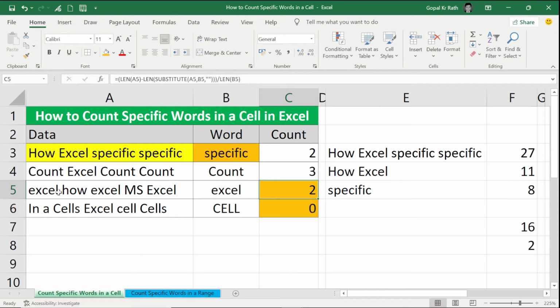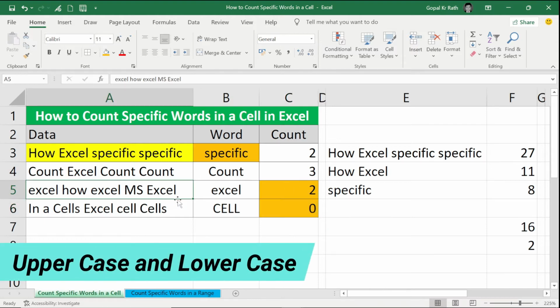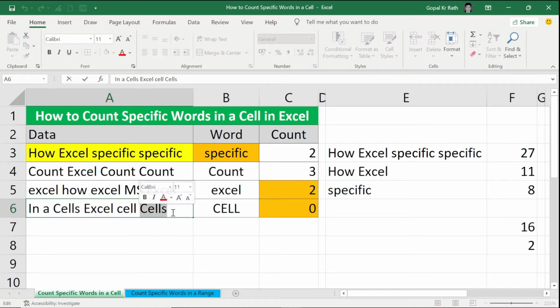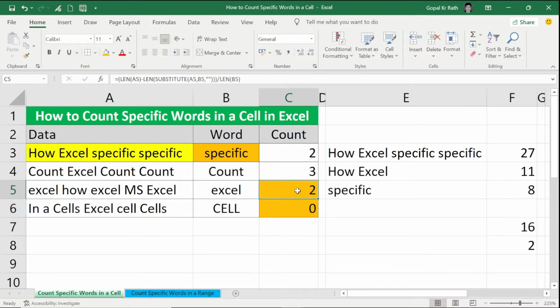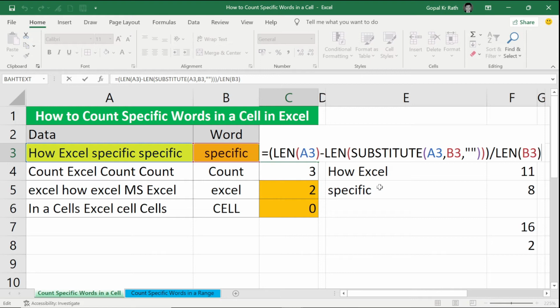So here you can find you have uppercase, lowercase, as well as some additional text. The additional text is fine, it will still catch. But in case you have uppercase and lowercase, either make the formula completely lowercase or proper case or uppercase, so it will work. For example, let's make everything lowercase.